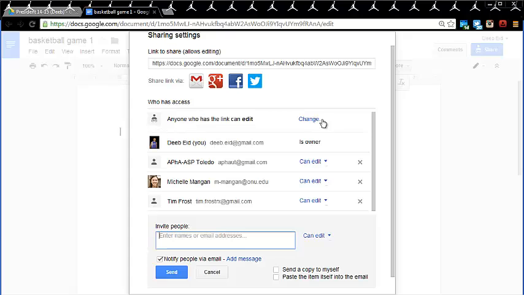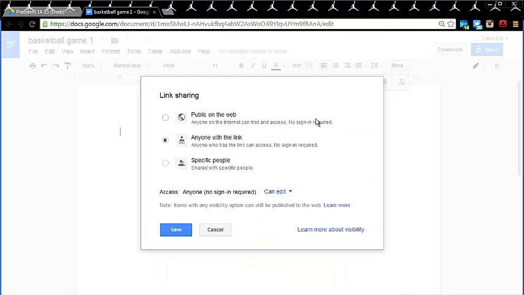And then right here, this is a big one. You can click change here, and basically if you have not shared your folder, it will always just say specific people, or it will say no one can share it. You want to make sure that "anyone with the link" is highlighted, and then you can choose "can edit." That's what I always leave it on, but you have to manually go in and put this and hit save,